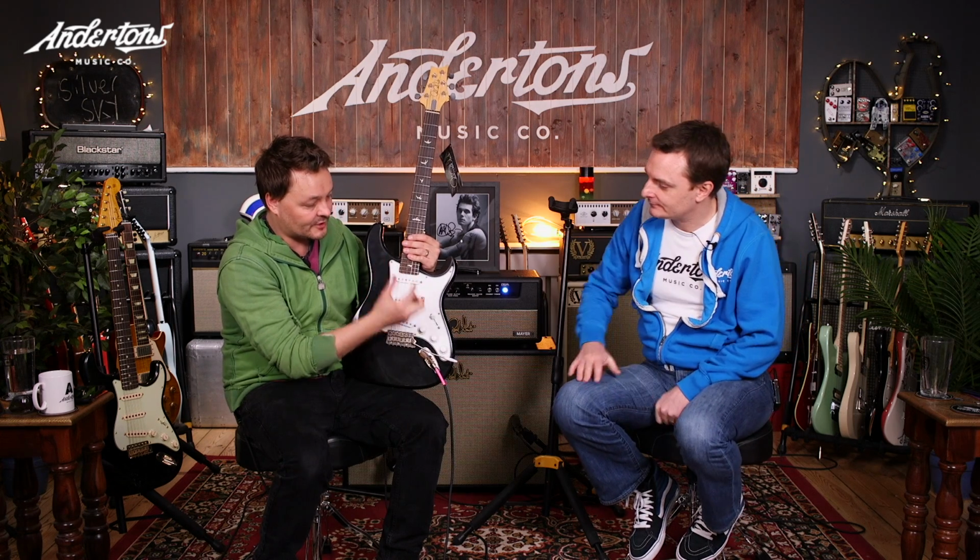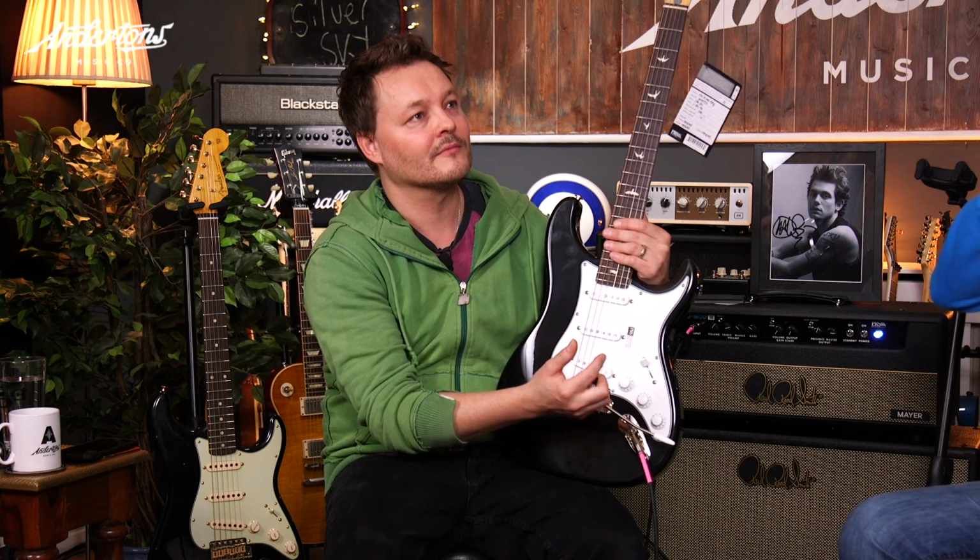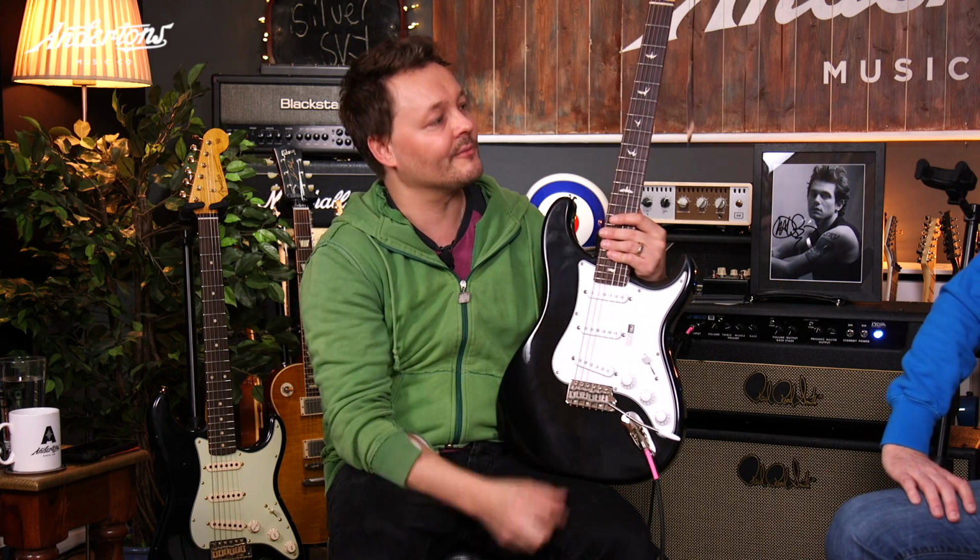And to be fair, if you're saying £2,300, I don't think today that's a lot of money for a guitar which has got this build quality, tone, all that stuff. For me, everything's relative, isn't it? But if you want to buy a Les Paul Custom Shop, which is essentially an American-made PRS guitar, £2,300 in the UK will buy you